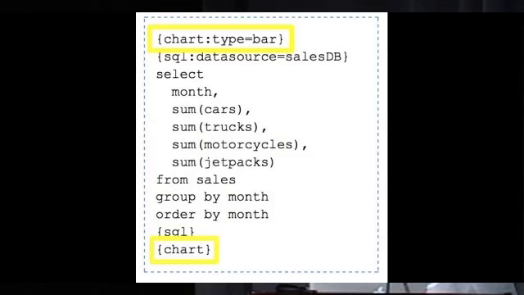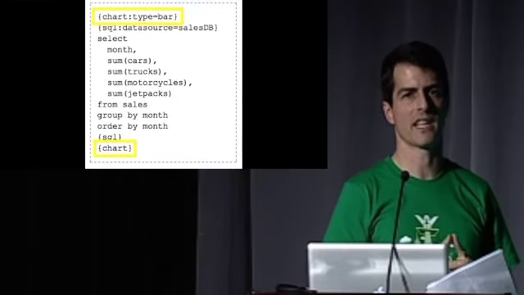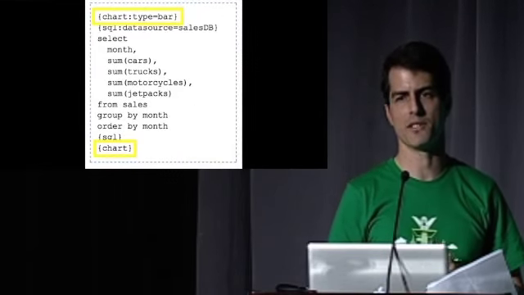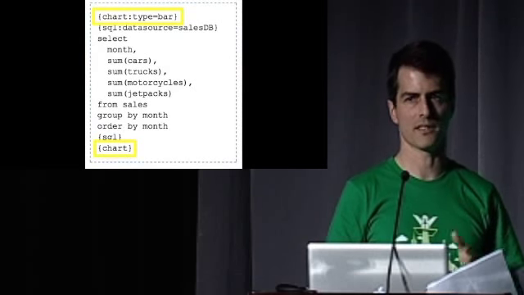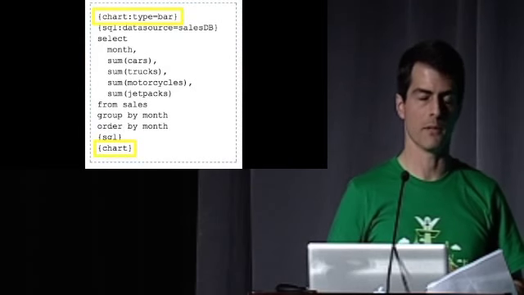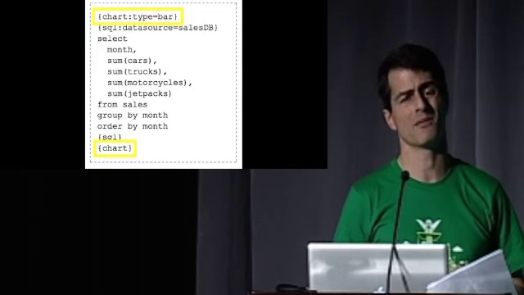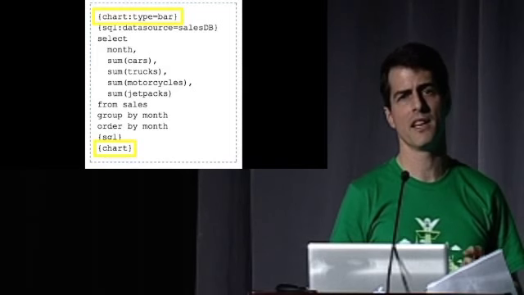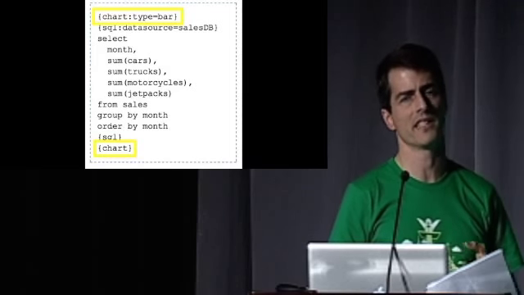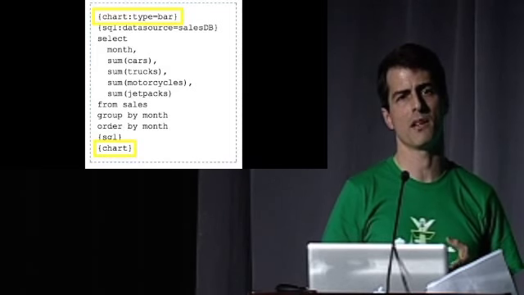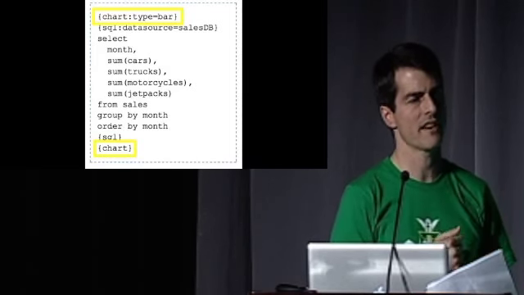Now, the chart macro has literally dozens of parameters, and I can't cover them all in any detail today, but if you check out the reporting how-to and the docs, it's all there. You can do all kinds of neat effects and transitions with a little bit of effort. It's got about probably a dozen different kinds of charts. In addition to line, bar, and the ones you've seen today, it does pies, scatter plots, stacked area, all these